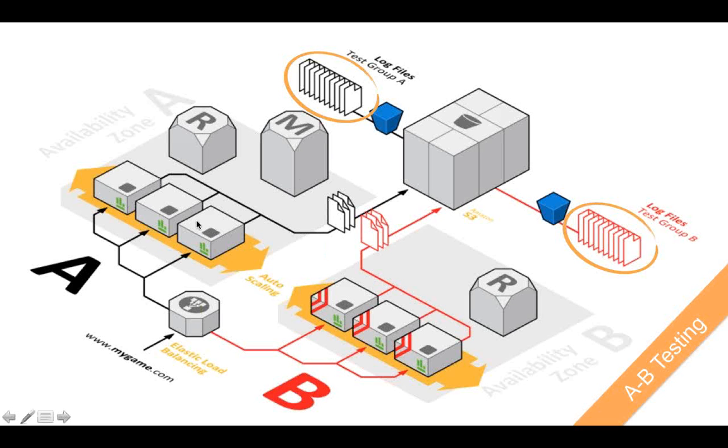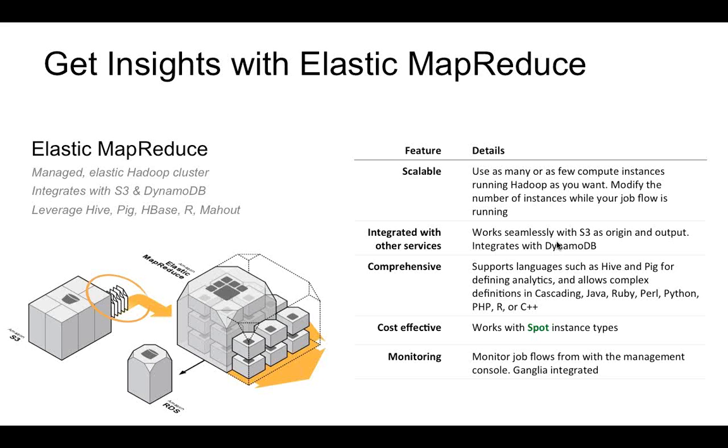So in this example, we have 2 production systems running code version A with different features and B. You collect the logs that contain your customer actions and experiences, and you put them in S3. And make sure to separate them in S3 to test group A and test group B. Now you have your logs. The logs contain the information how people took to your new service in A versus B. Now what? You need to analyze the logs.